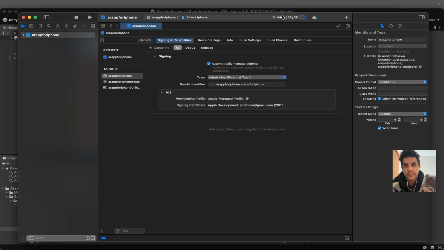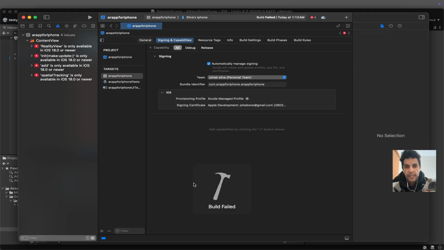So here it says it's building, and building failed. Okay, so let's see what we got. Reality view is only available on iOS 18 or newer. Okay, there's a lot of issues in this. So what I'm gonna do is